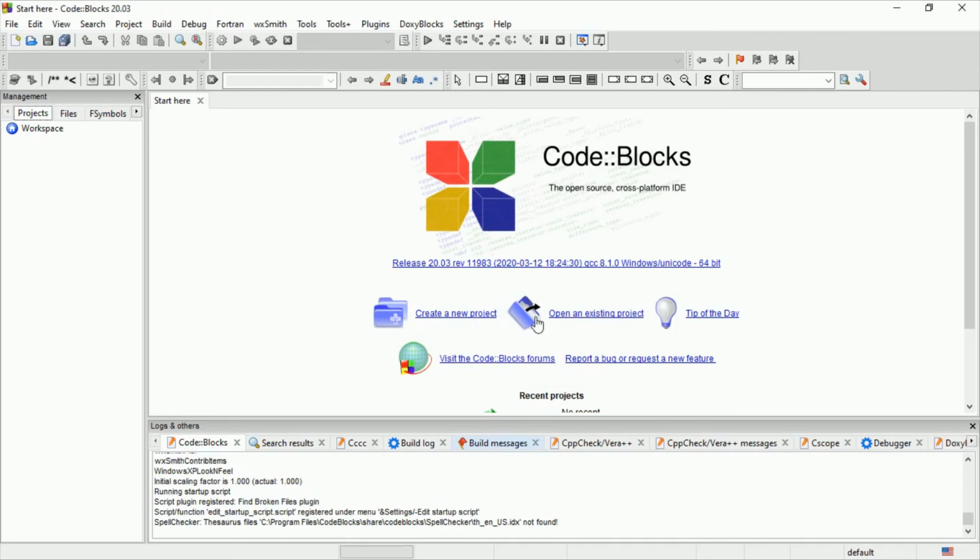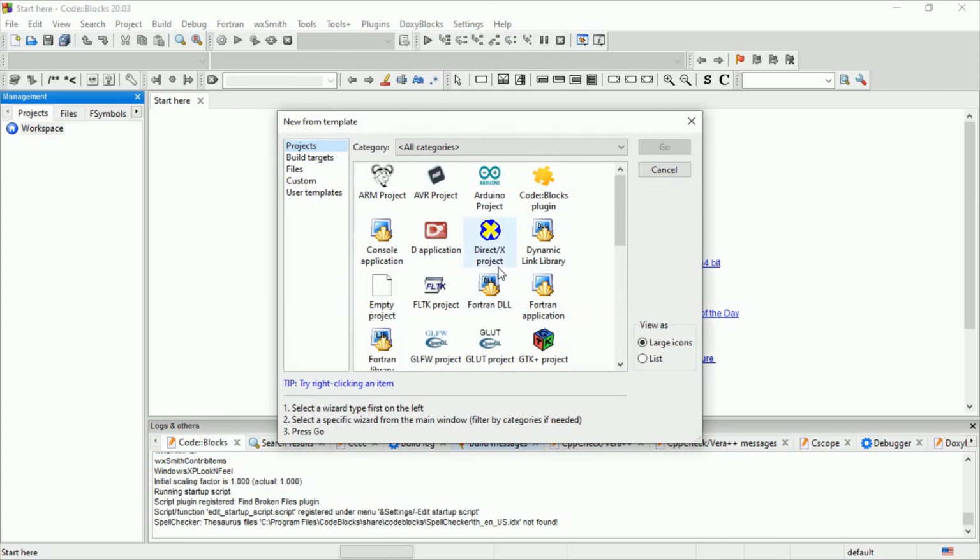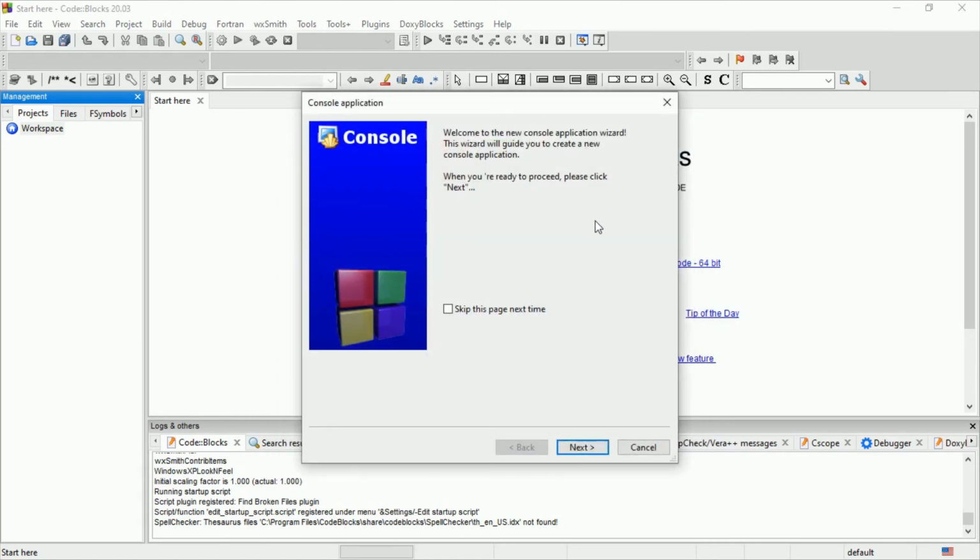Alright, for testing purposes, we will just try out a simple program. So for that, click on Create a new project, then select Console application and press Go. Here just click on Next and select the programming language. Here we are selecting C language and click on Next.